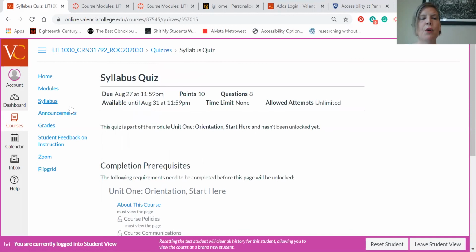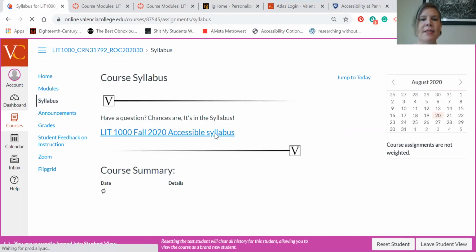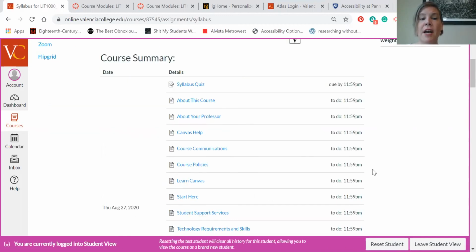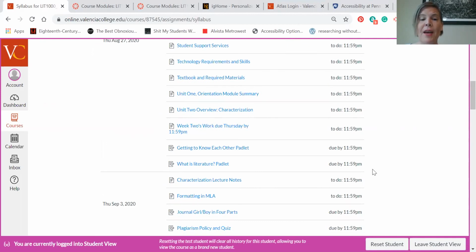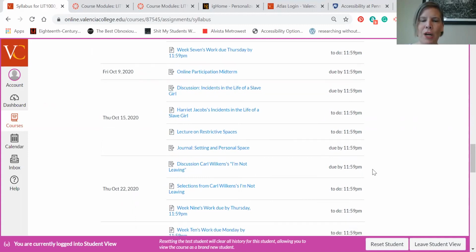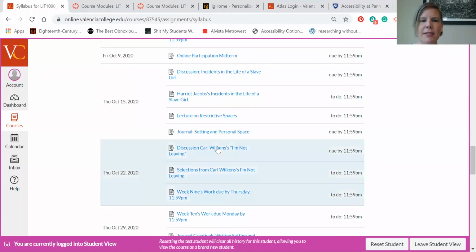Same holds true if I were to go directly to the syllabus page. Now, the syllabus page, again, is great. Your course syllabus is there, and you can click on the link and read through that. But you can also see all of the due dates for the entire semester. However, once again, if you try to jump forward and say, "Ooh, I'm interested in what this discussion is for Carl Wilkins, I'm Not Leaving. What is this?" So I'll click on it,